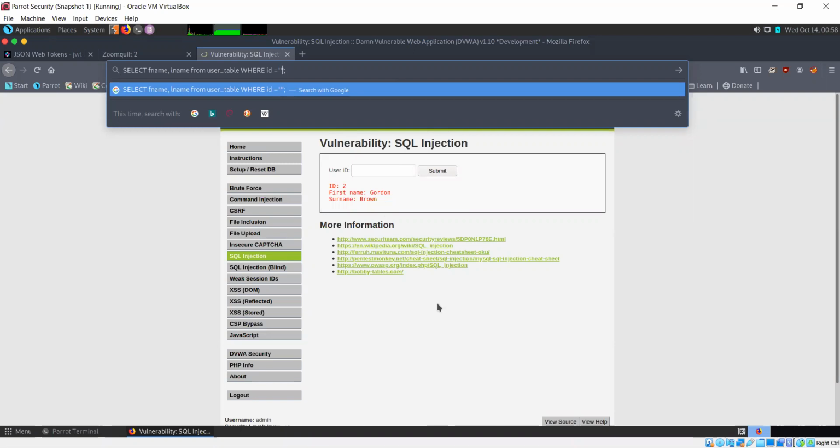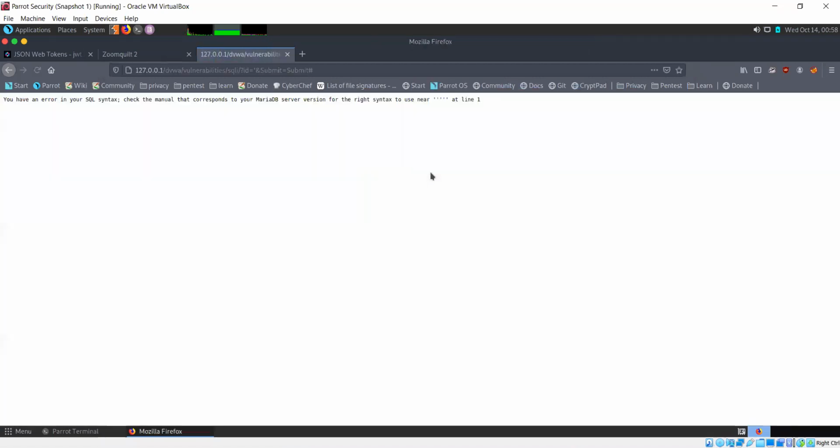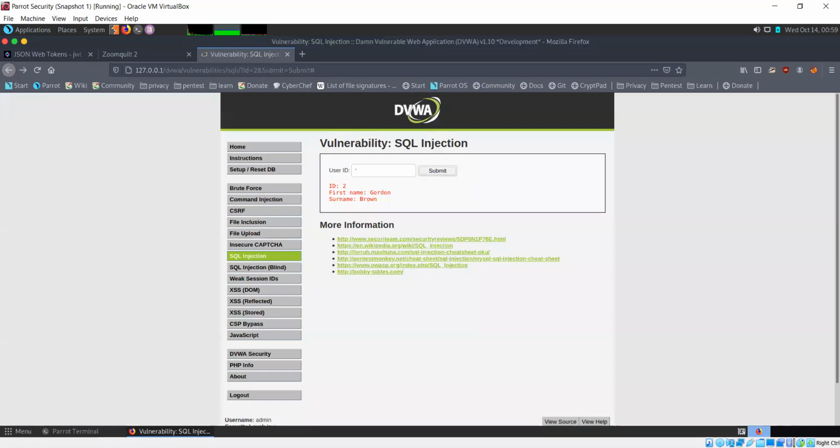The database will get confused as to what is happening, and it will give you an error. Let's see whether the SQL query breaks or not. Okay, it does break, and it's telling us you have an error in your SQL syntax. This gives us an indication that this might be vulnerable to SQL injection. This is not a guarantee that you will be able to exploit it or extract any data, but this is the first step whenever we check for this kind of thing.